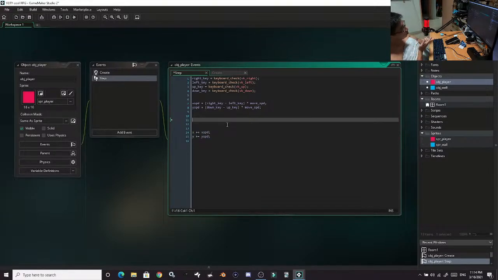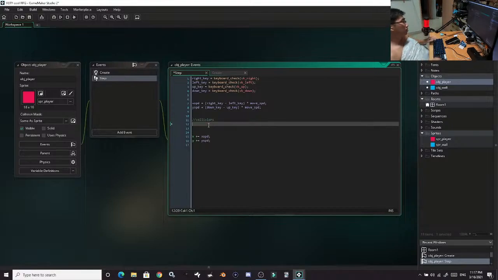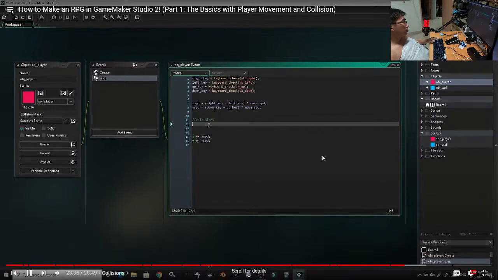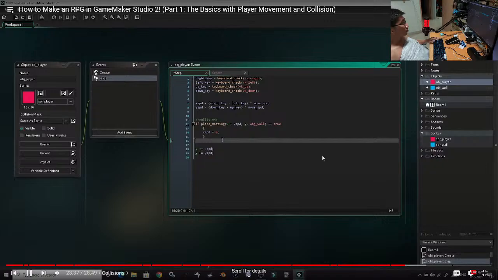So here's another little trick too. If you put 2 forward slashes, you can create a comment in your code, which is not code at all. It's literally just something that you can use to mark stuff for yourself. So we'll comment this out and we will say this is the collisions. Again, I'm just going to type all this out and then I'll explain it step by step afterwards. Okay, so we have